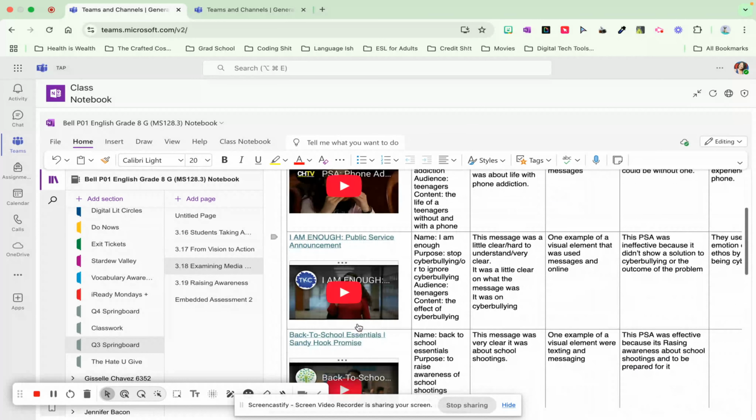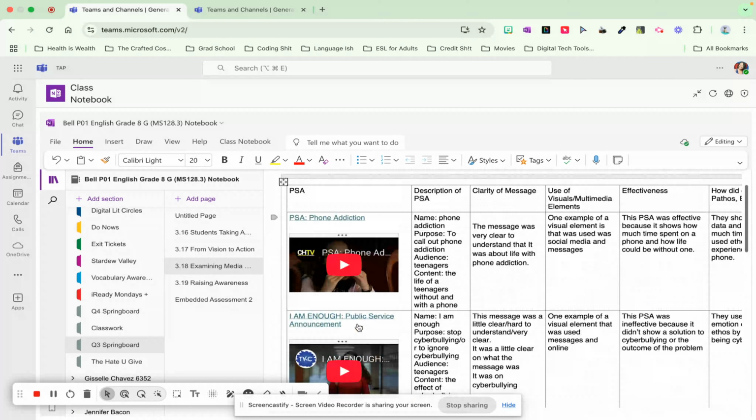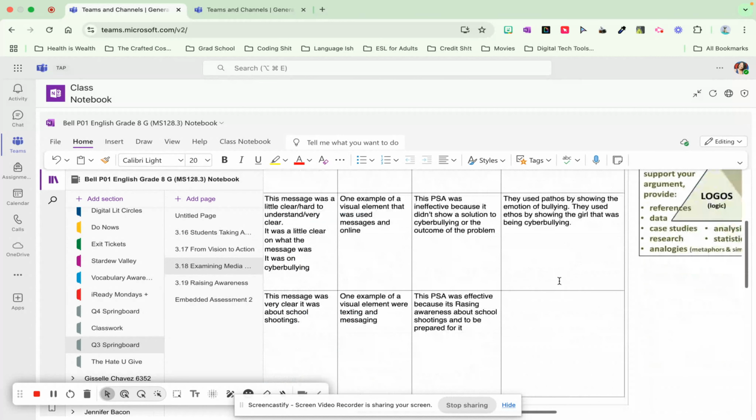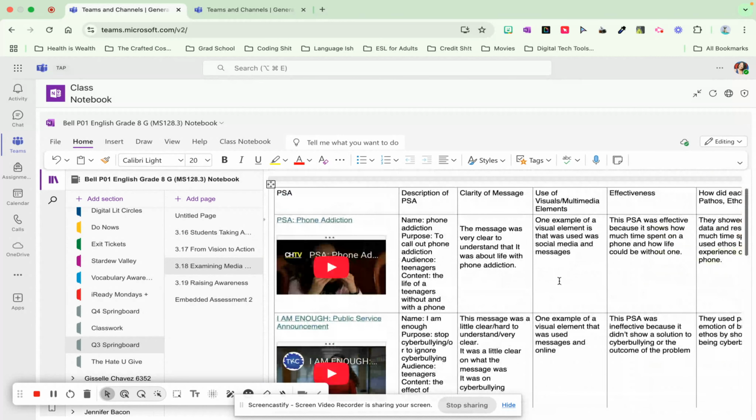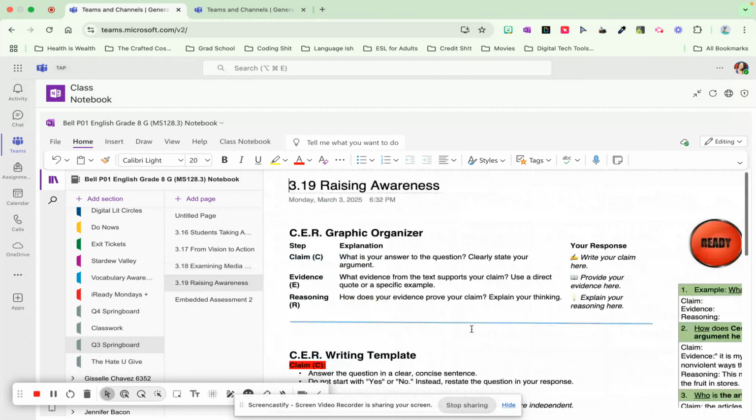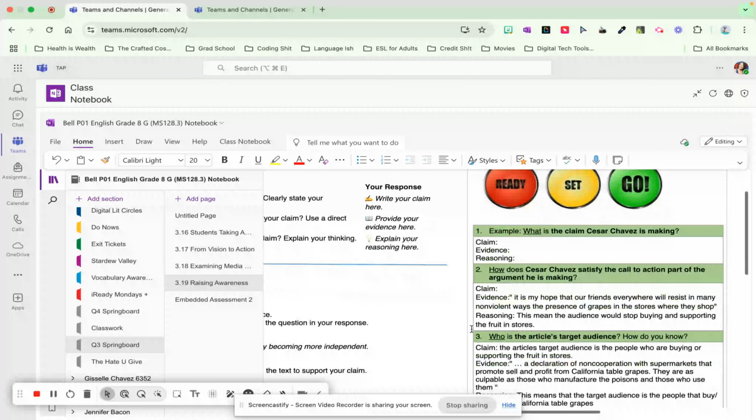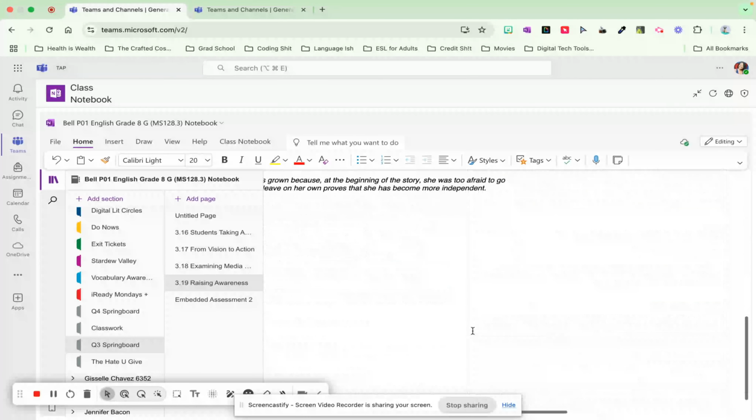So although I showed the PSAs in class, I like that OneNote is able to enter videos into its platform and interface so that students who are not able to view it at school can also view it at home. Again, this was copy and pasted into a table, and students responded to the information in the table in class altogether. And at the end of the activity, this is a similar activity with the RACE response, just practicing CER,